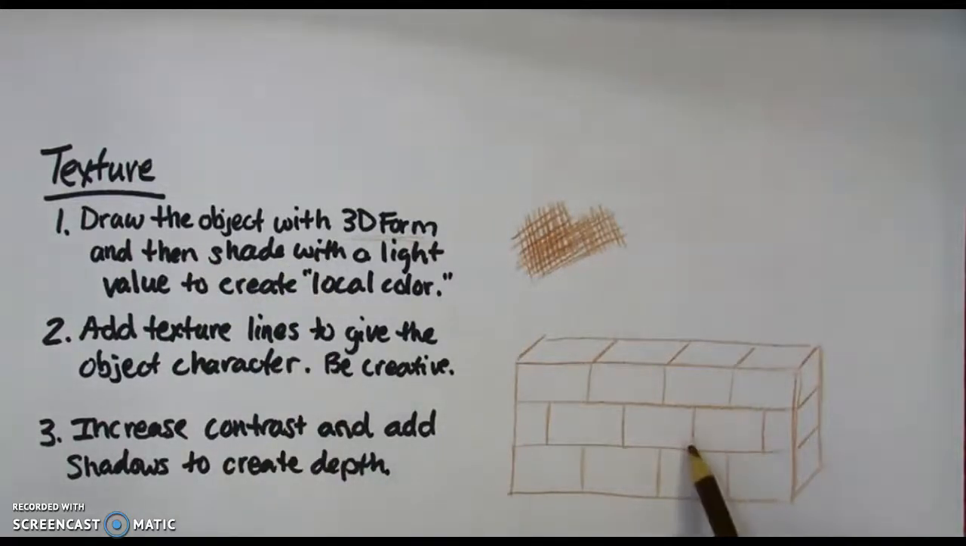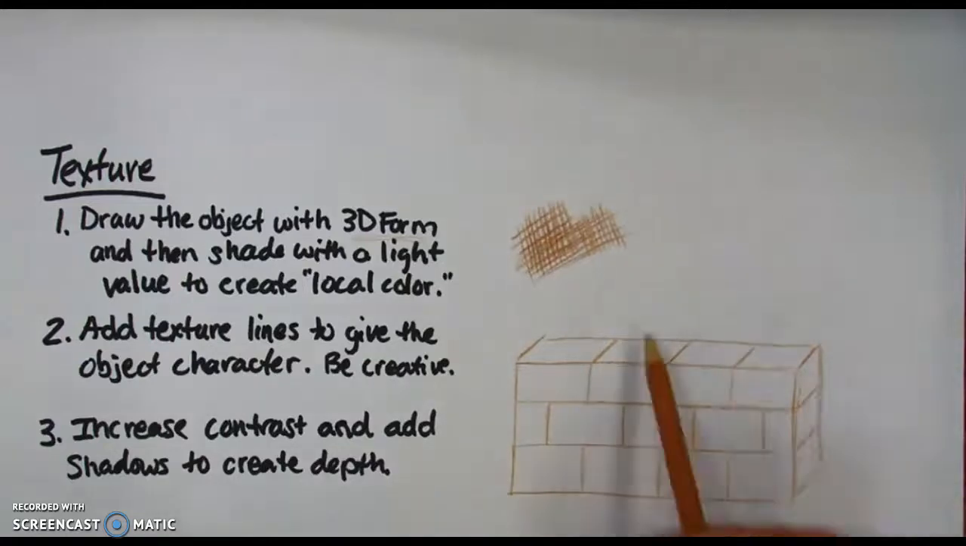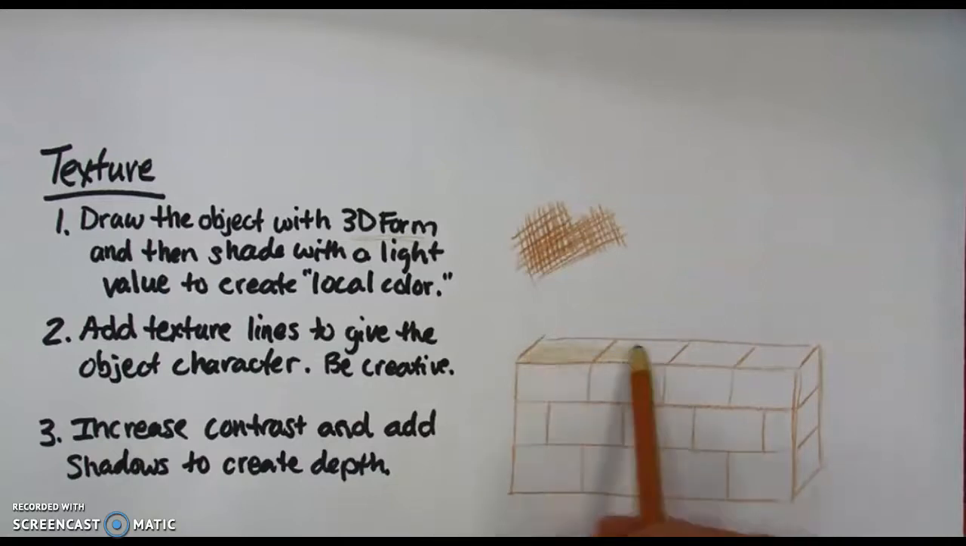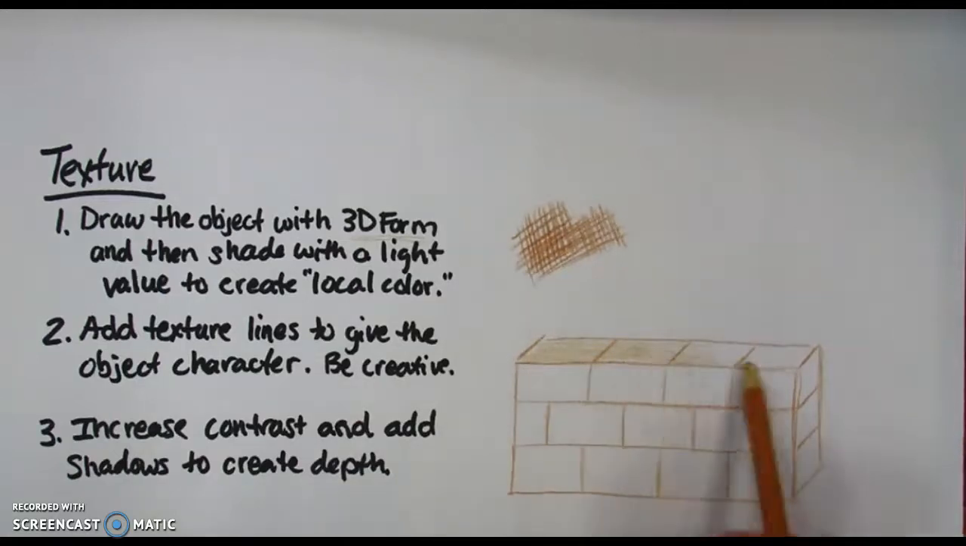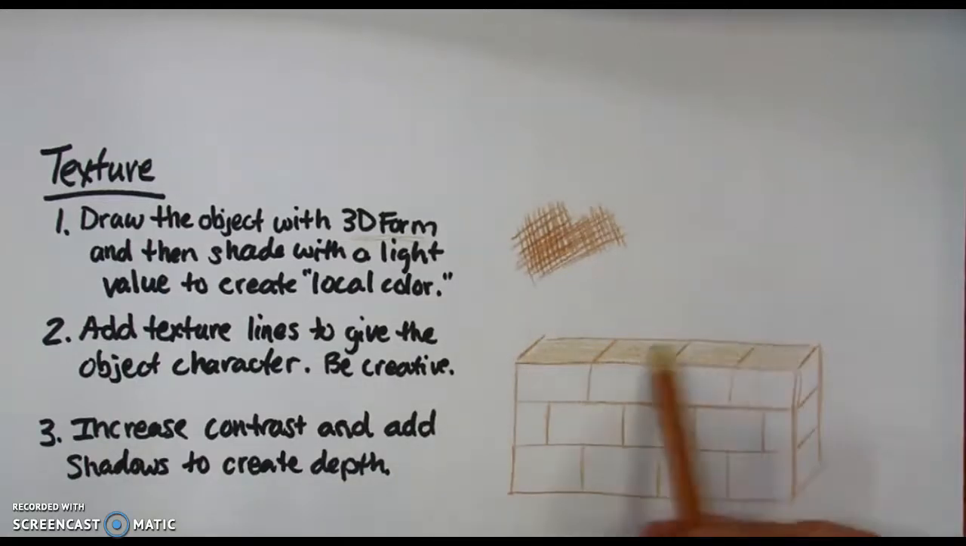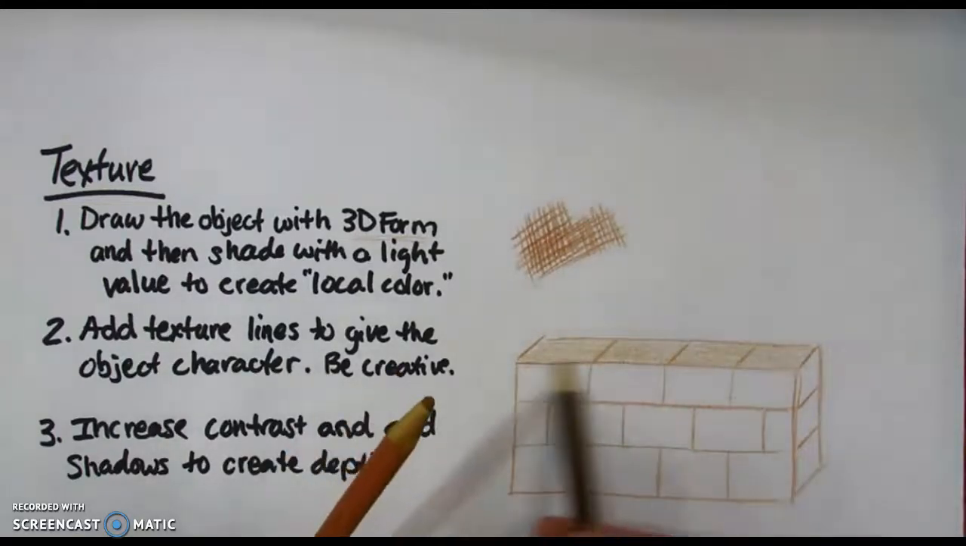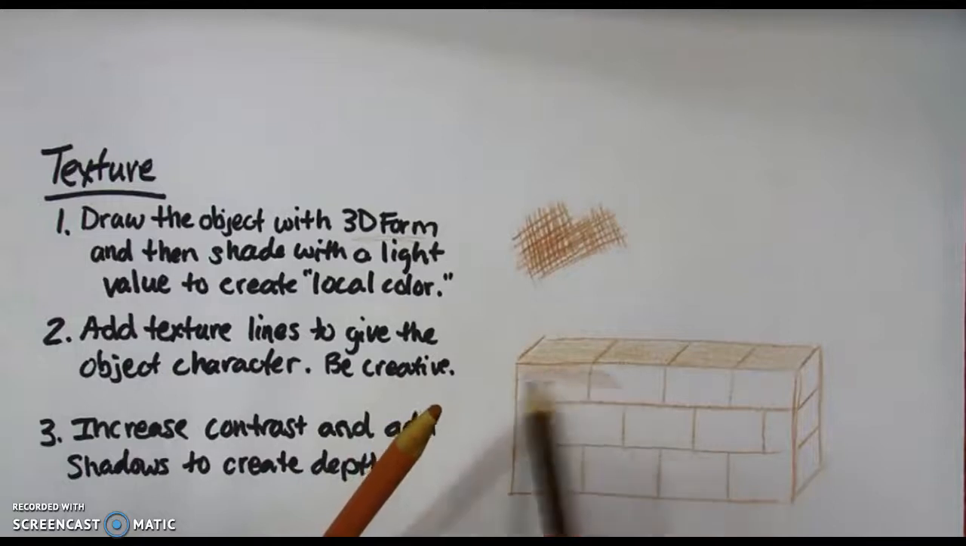So since this is a three-dimensional form, I know that the front of this wall and the top of this wall and the side of this wall are going to be three different shades. So if my light is coming from up here, I'm going to shade this top part of the wall a light brown. Okay. And I'm going to switch to my medium, and I'm going to shade a very light medium